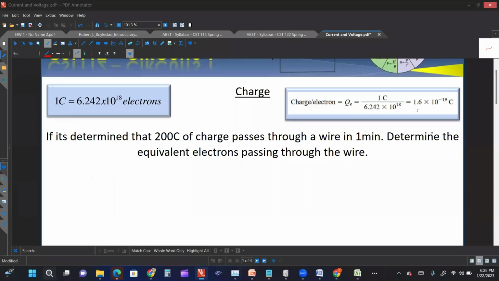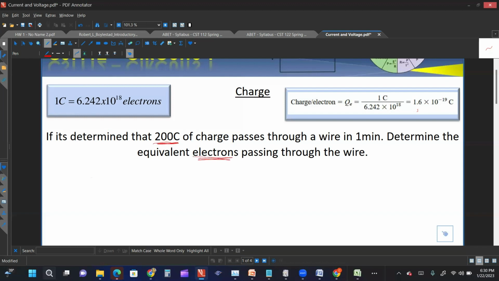All right, class, let's take a look at some examples related to charge, current, voltage, and amperes. So when you look at this question right here, it says, if it's determined that 200 coulombs of charge passes through a wire in 1 minute, determine the equivalent electrons passing through the wire. And so basically, what this question is asking is, it's just asking you to convert your charge right here, 200 coulombs,